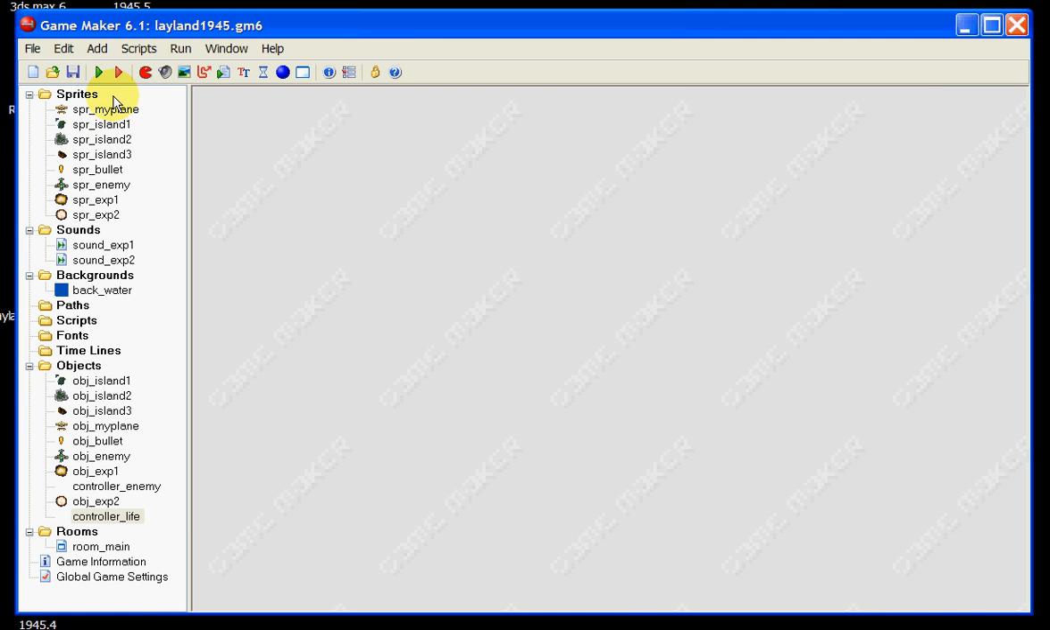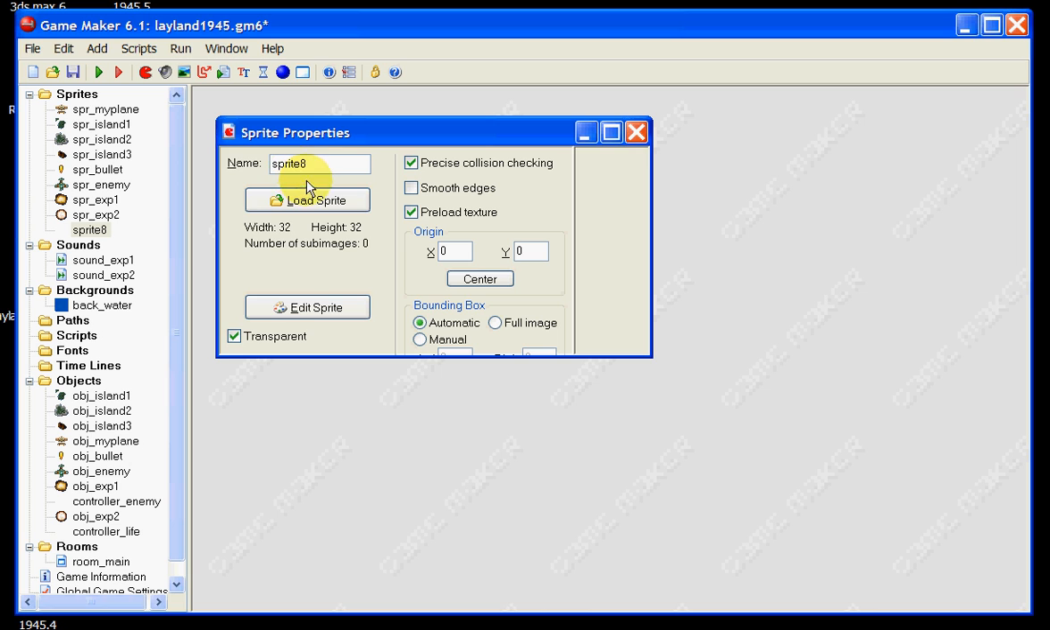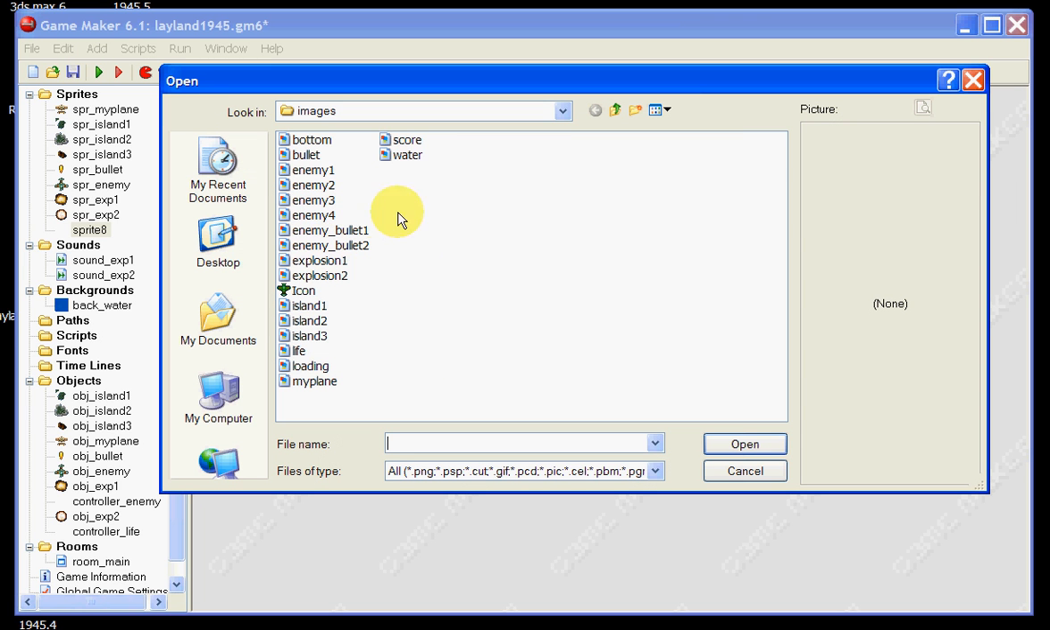Now we need to add ourselves a new sprite as well. So I want you to load your sprite from your folder where we've got everything so far, and I want you to put in, yes, the very rude image of a bottom. Now the bottom, as you can see, is just the 1945 scoreboard. So I want you to open that up